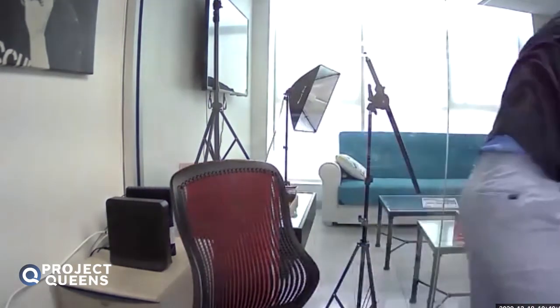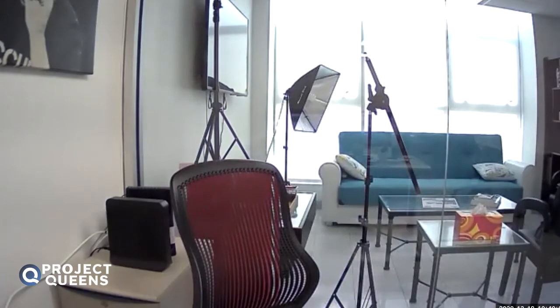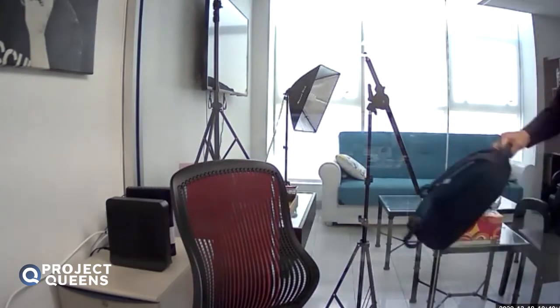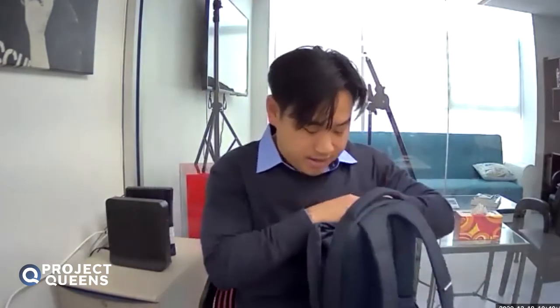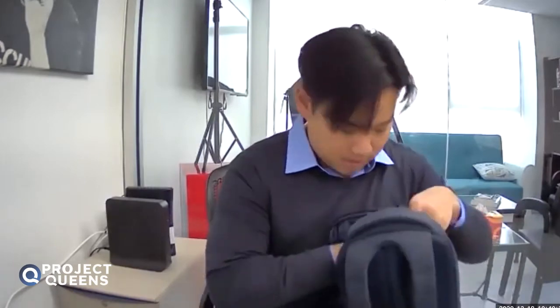So I have a little pack that I carry. Every time I have a new listing, I carry this pack. It has all of my good devices that I need. So what do we got here? We have a DJI Osmo gimbal for the video to keep it steady, a laser measure to do ceiling heights and different dimensions, a tape measure in case the laser measure is not really good for that particular situation,